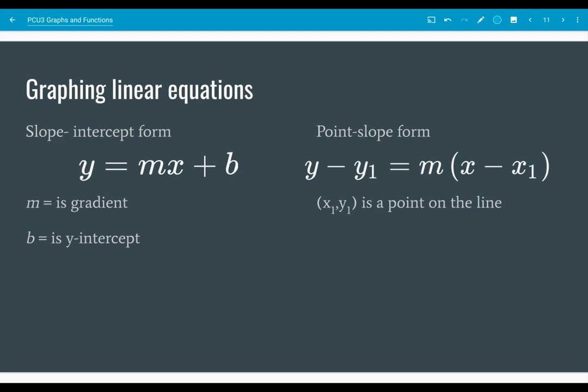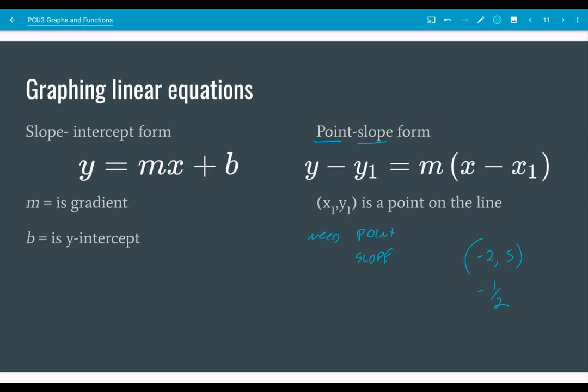Point slope form is exactly what it says. You need a point and a slope. If you have that, you can use this line. So if we think back to our example, which was negative 2 comma 5 was a point, and our slope was negative